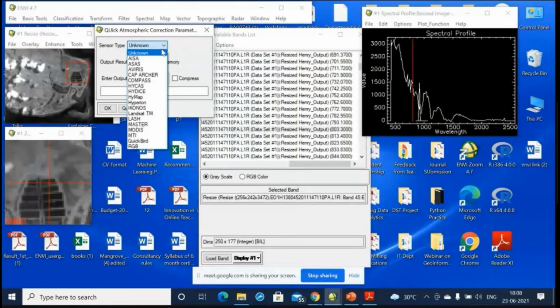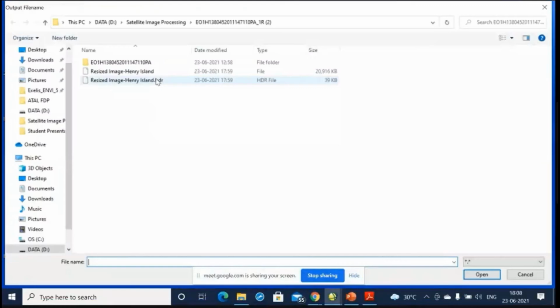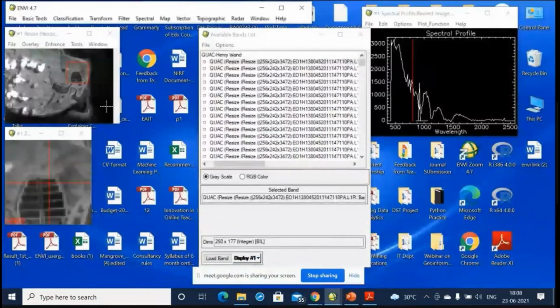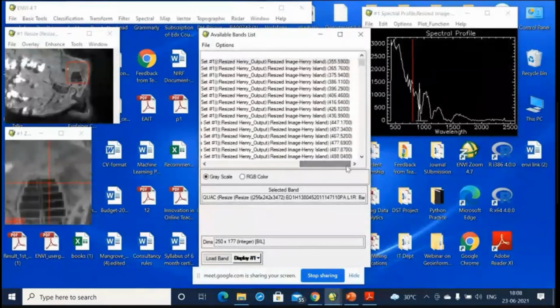So here, as the sensor is Hyperion, we select Hyperion. And after atmospheric correction, we have to give a file name. So let us write QAC corrected module of Henry Island. Okay. So this is the final output.